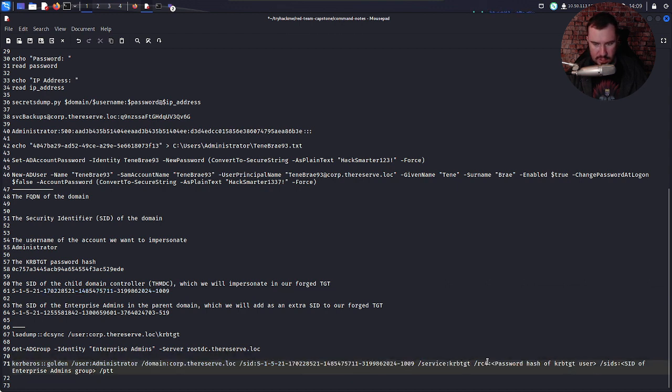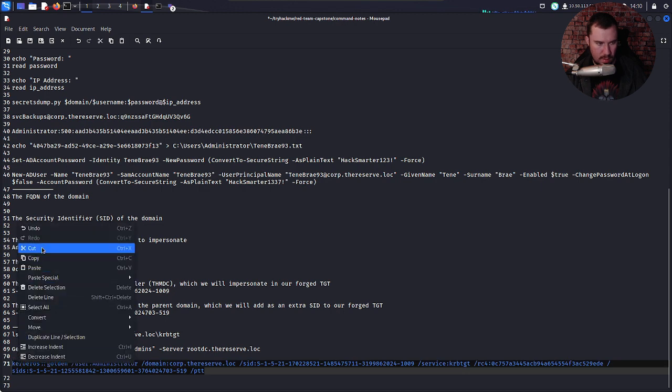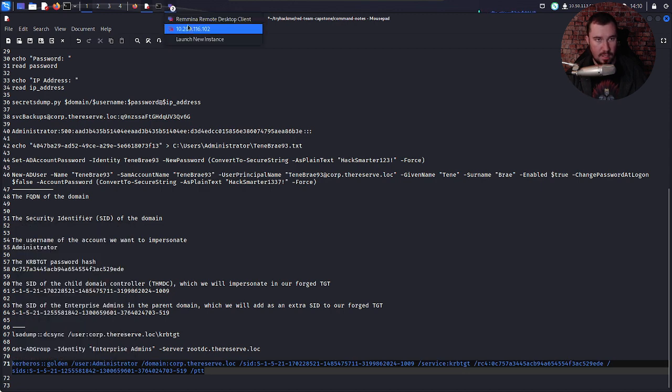Service krbtgt, RC4 password hash of the krbtgt user, which we have right here. SID of the enterprise admins group. All right, I think that all looks good to me.